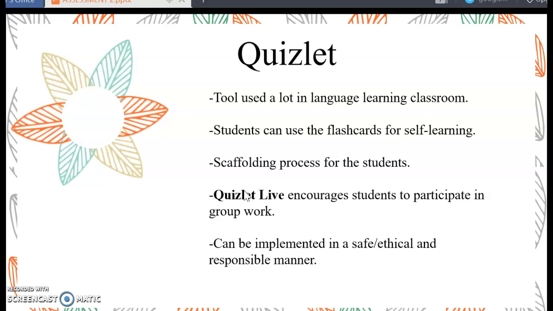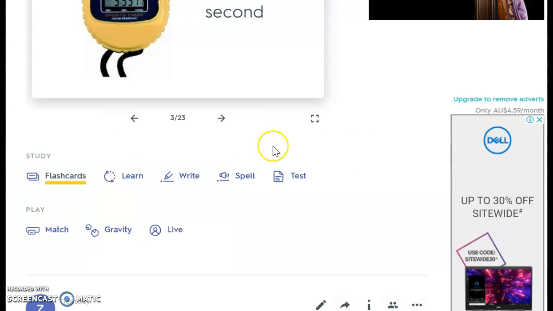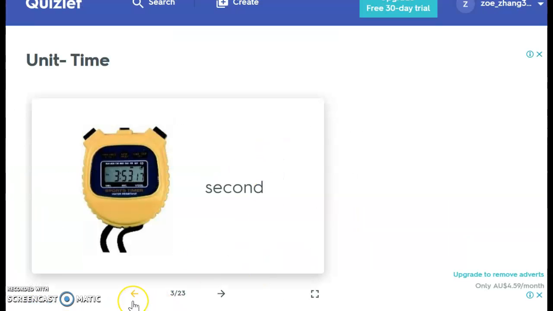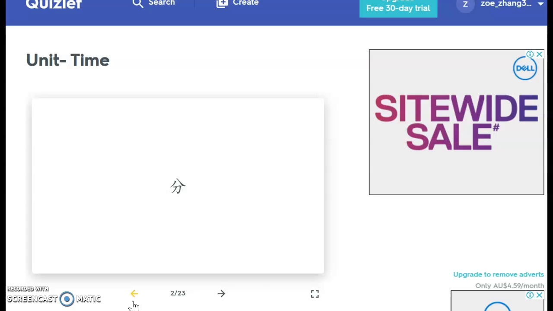Quizlet Live is a function of Quizlet, which can create live games for groups of students. It encourages students to participate in group work and discuss with team members. It can be implemented in a safe, ethical, and responsible manner. For example, here is Quizlet. As we can see over here,